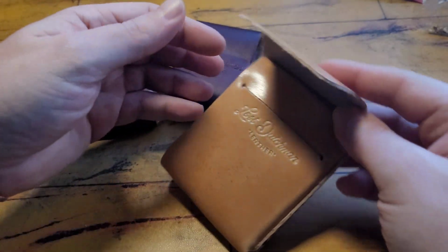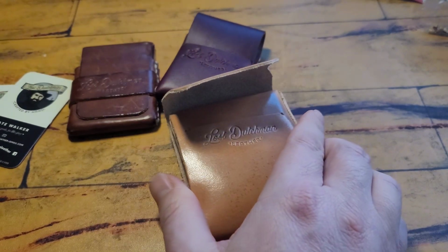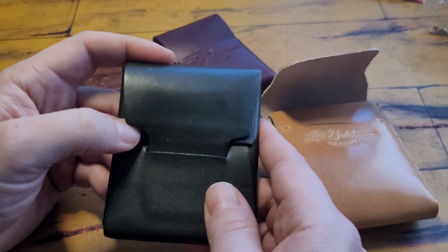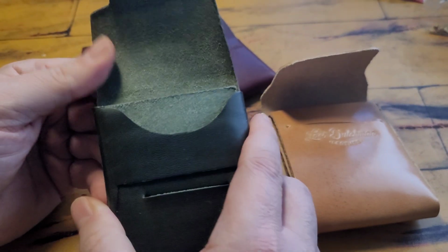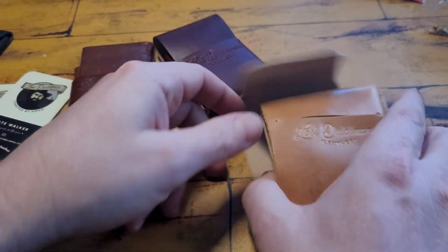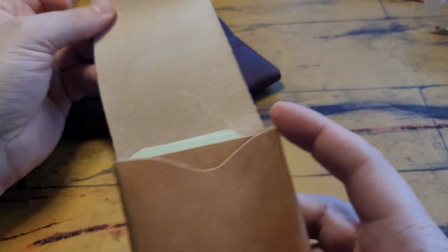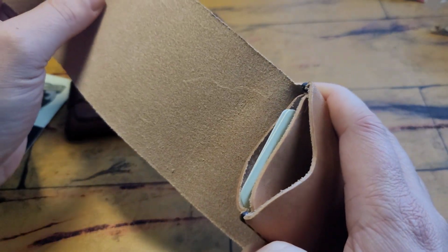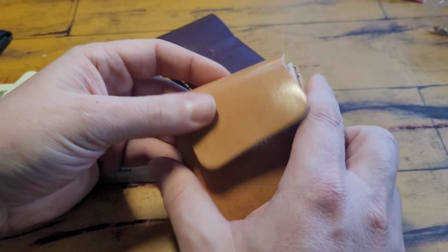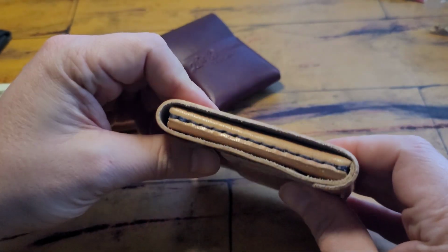So it's my fault. It's a good quality wallet. I honestly thought it was going to be more like this one, where it just opens and you use it, right? That's kind of what I had anticipated. I did not think it was going to be a whole wrap job like that. So yeah, my fault. That's my first impression of the cash fin, that it's much larger and thicker